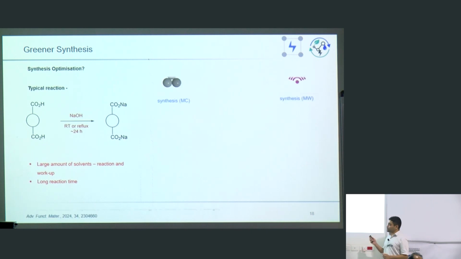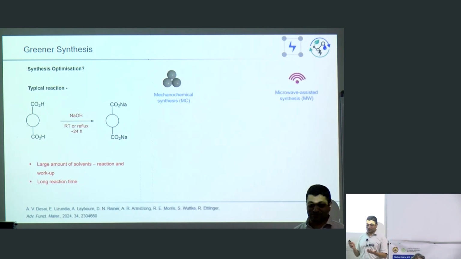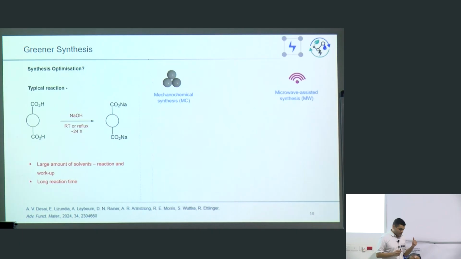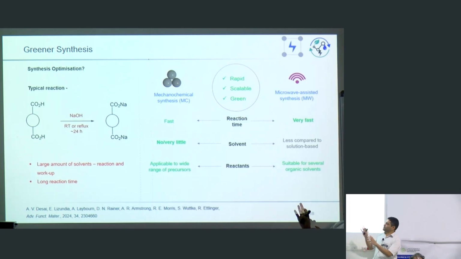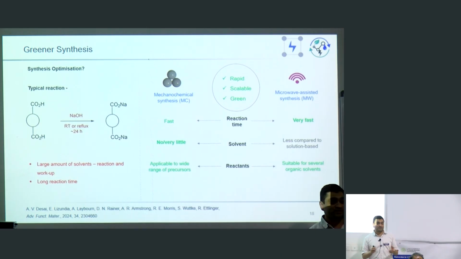But what people can do is look at greener synthesis methods. Two synthesis methods that I'll focus on today are mechanochemistry and microwave synthesis. Both of them fall under this umbrella of green synthesis, right? And both of them have got their own benefits. So, for example, if you look at mechanochemistry, typically we don't need any solvent. It's going to be very, very little. The amount of solvent that we need for mechanochemistry is essentially just to ensure that